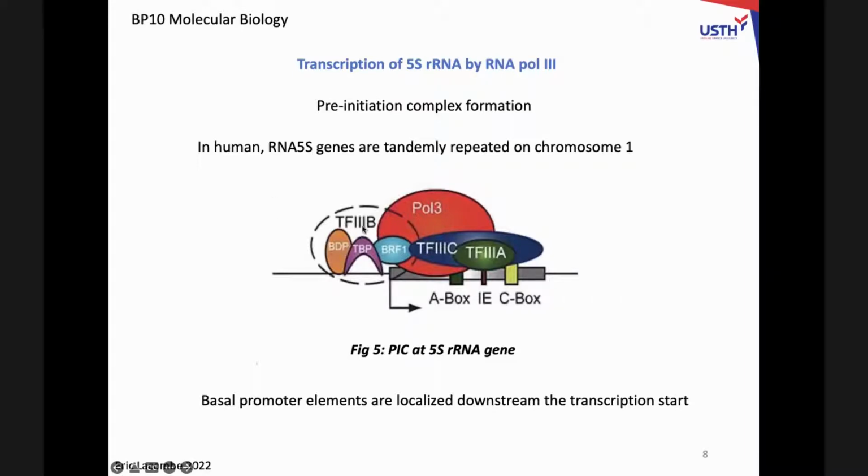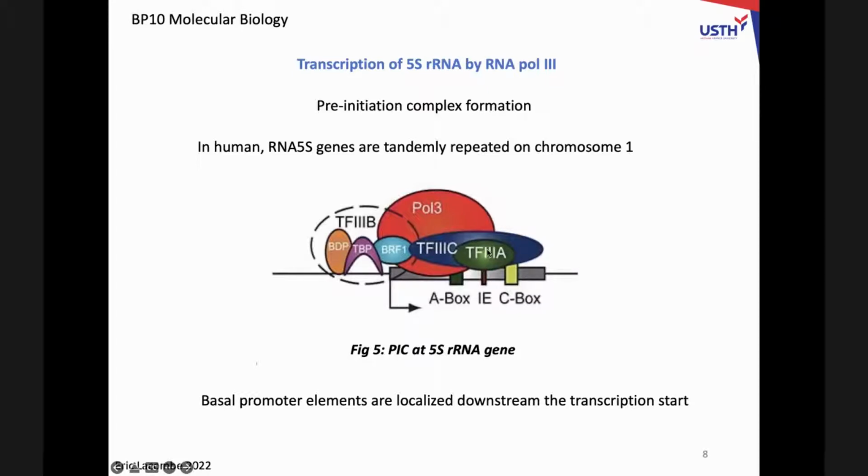There is a TF3B, and you see it may contain TATA binding protein, but that is not at all used for recognizing the TATA box because there is no TATA box there. So sequentially, what's happening on a promoter that is transcribed by Pol3 is that you have these two general